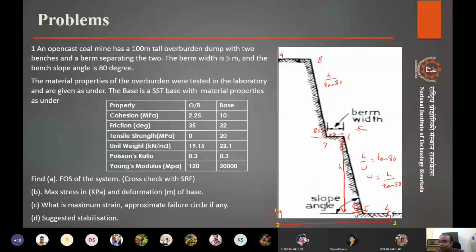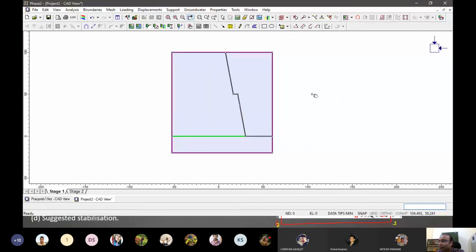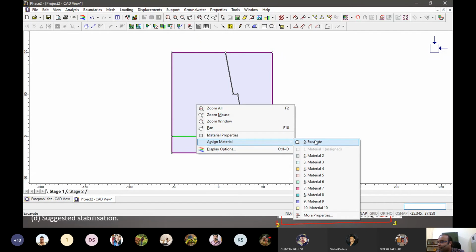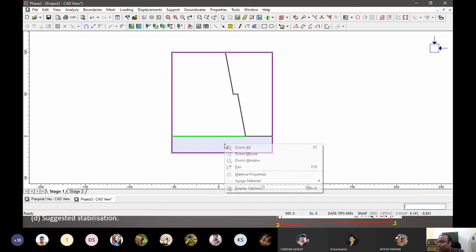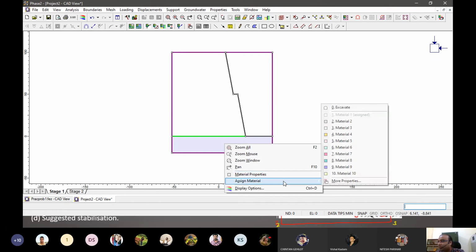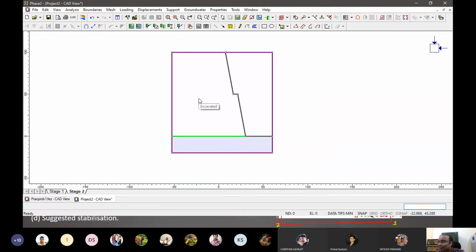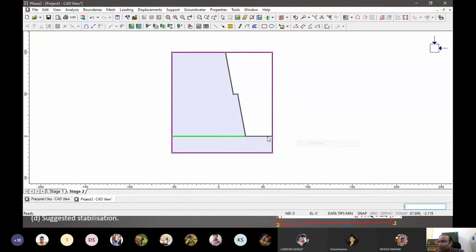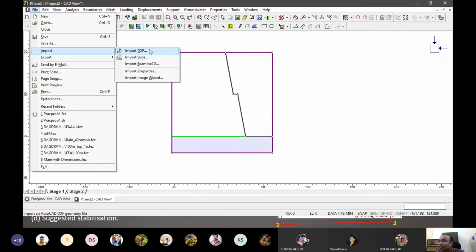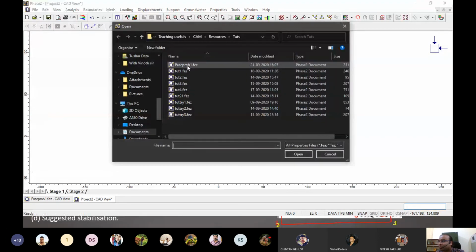So that's what I was doing. Basically, I have now made it into an external boundary, and I will do it in two stages, stage one and stage two. Stage one will be where this is excavated, right? And for this we will assign the material. Okay, we don't have the material properties there. And the second stage will be basically simulating the dump material here, something like that. So let's first import the material properties from this problem that we just did.